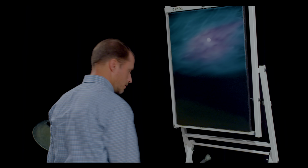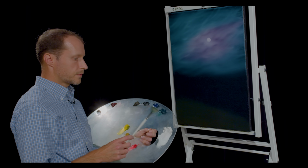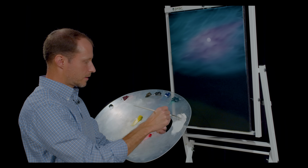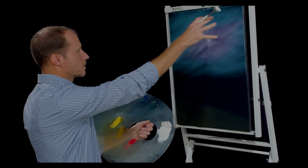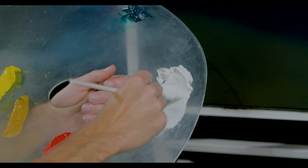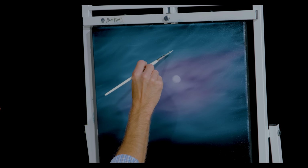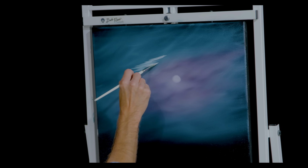Let's grab a good old number 6 fan brush. We'll come up here and drop a few little clouds in the sky. Think on a night like this, with all this movement and action in the sky, we might see a few little clouds floating around. So let's pick up some titanium white, and I'm going to make some very similar motions. Just going to come up here and kind of make some little